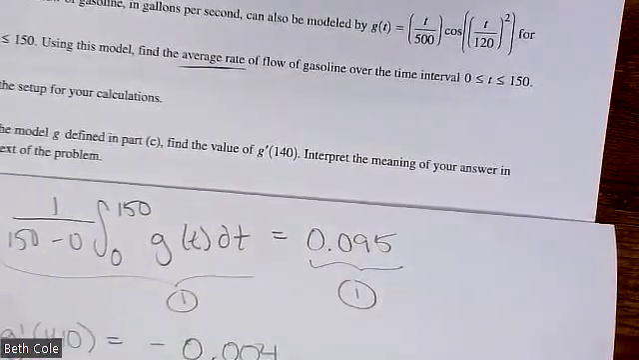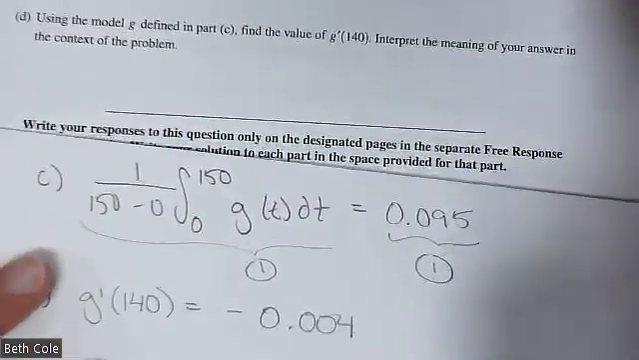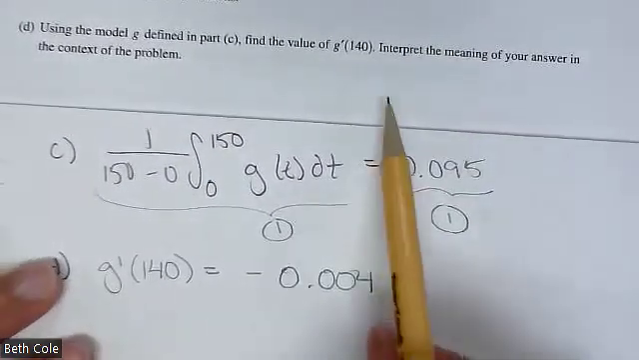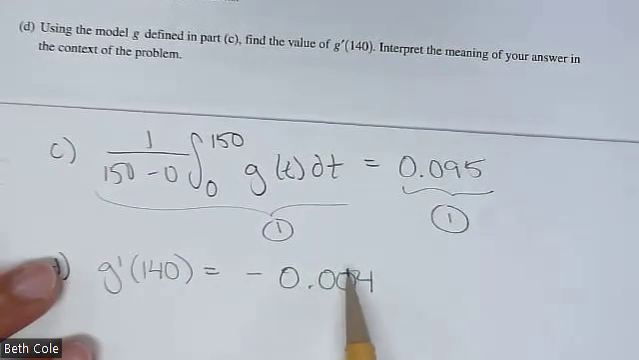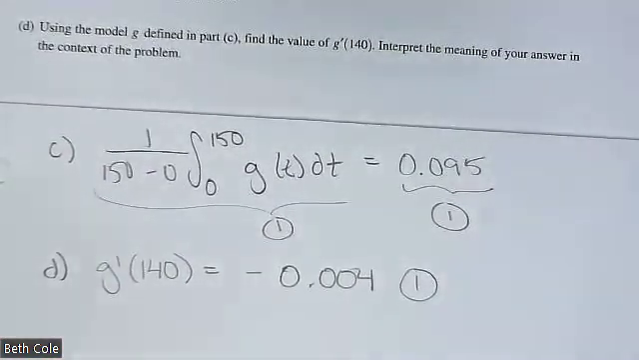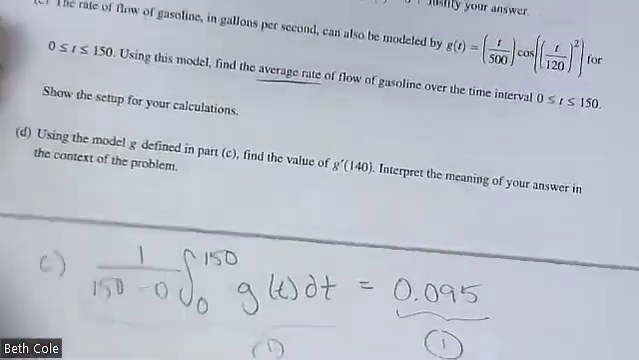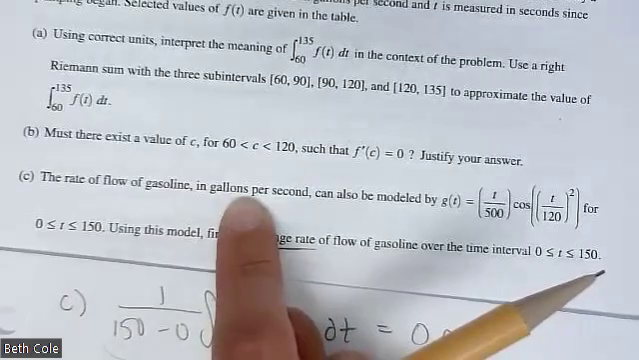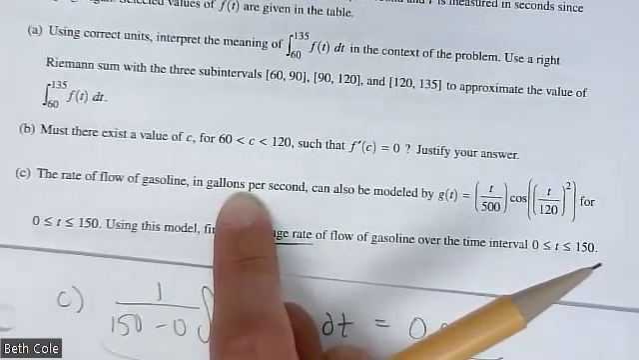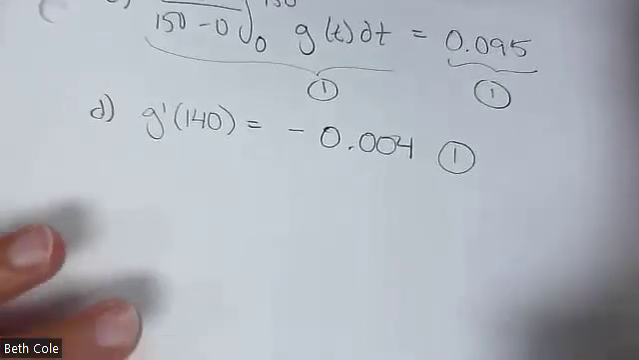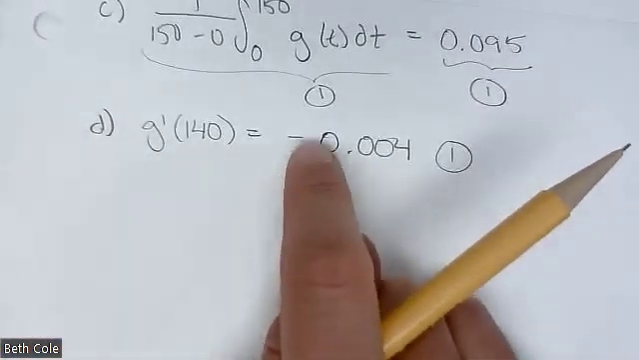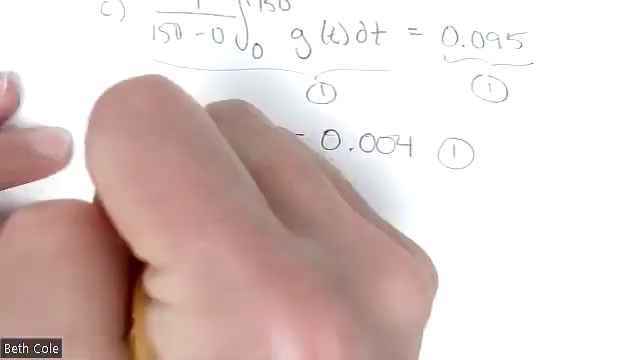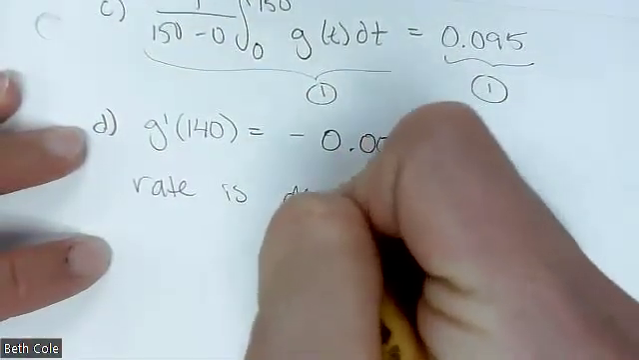No, because they actually put that in the problem, so you don't have to. I wrote G prime of 140 equals, but if you just have that, you get a point for that. Now, it also says to do what? Interpret. G is the rate of flow in gallons per second. We did a derivative, so it's a rate of a rate. Here's how I write it, so I don't have to write a rate of a rate. Is the rate increasing or is the rate decreasing? Okay, so you're going to say the rate is decreasing